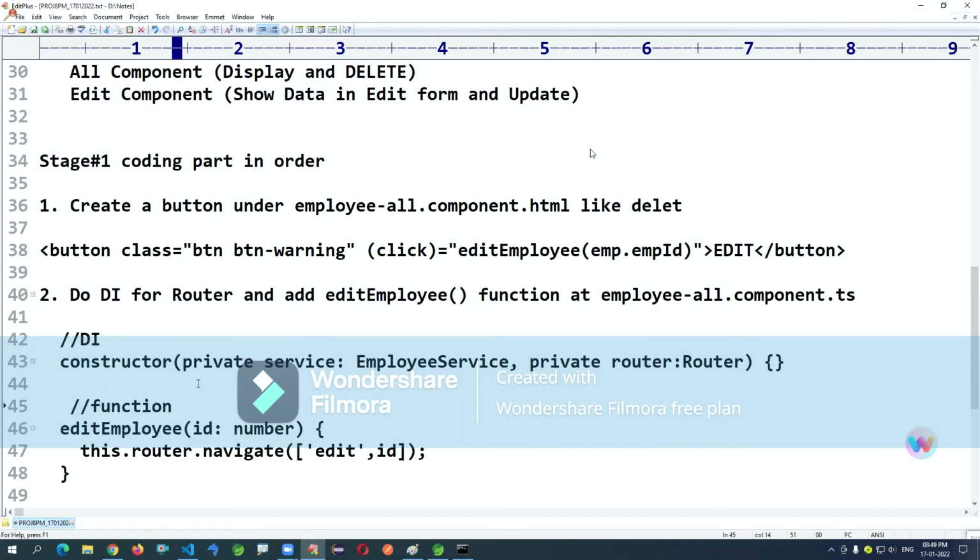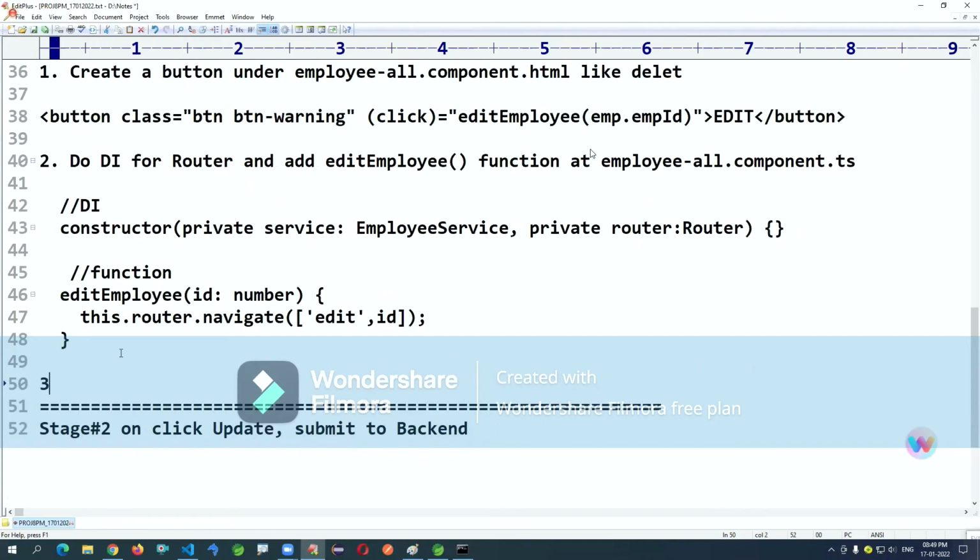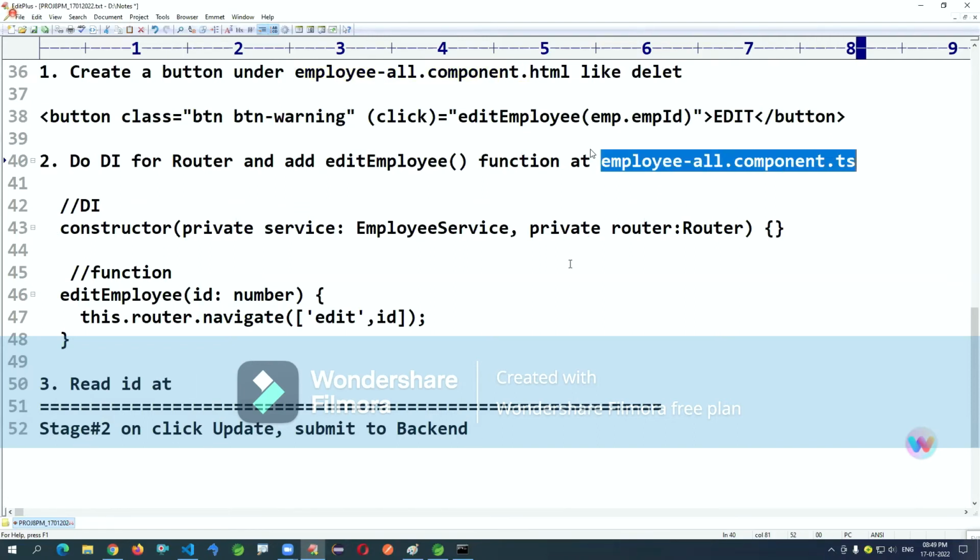Okay, it will redirect to, read ID at employee edit component.